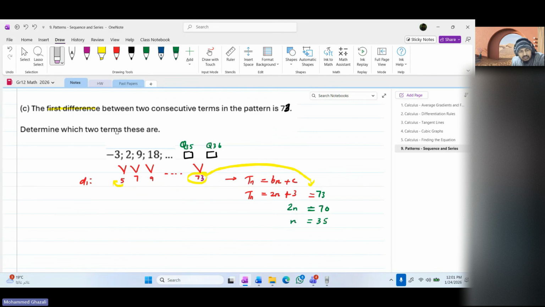Determine which two terms these are. So it's the same pattern. The difference between term 36 and term 35 in the quadratic pattern. In the quadratic, not in this linear pattern now. When you say term 36 and term 35, it means for the quadratic pattern. The difference between Q36, change it to Q instead of T, quadratic pattern 36 and quadratic pattern 35 in the quadratic pattern